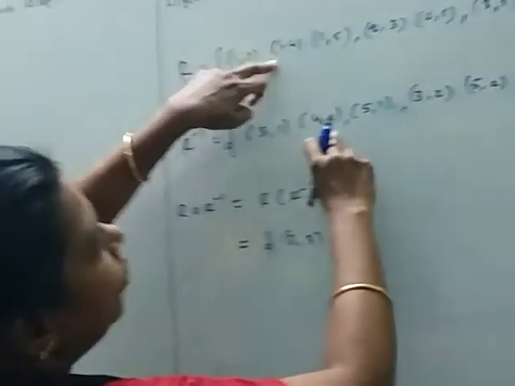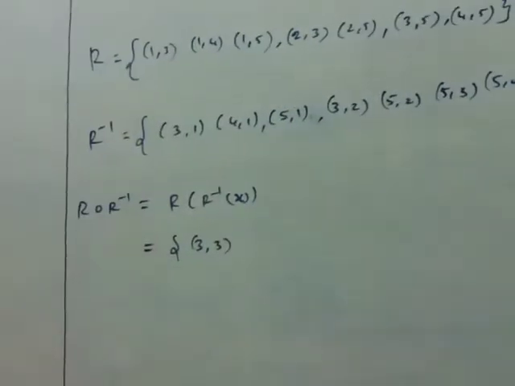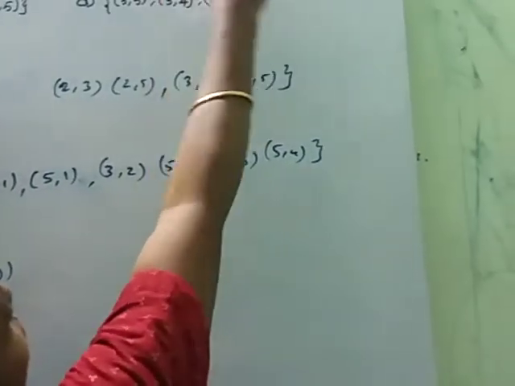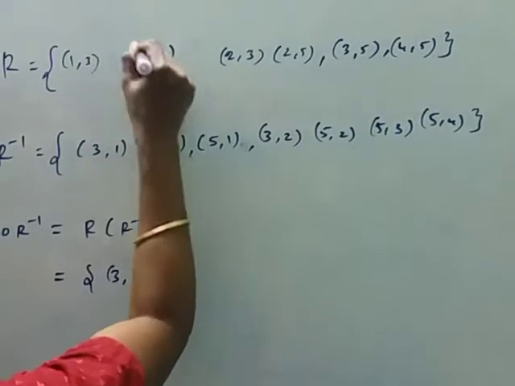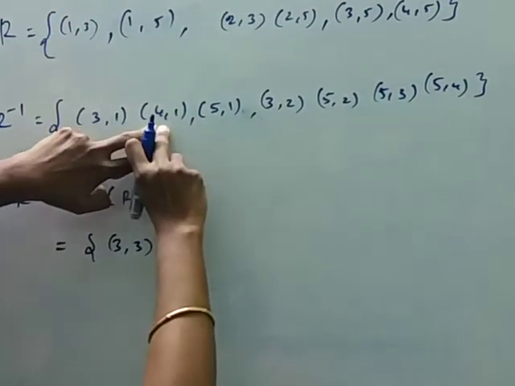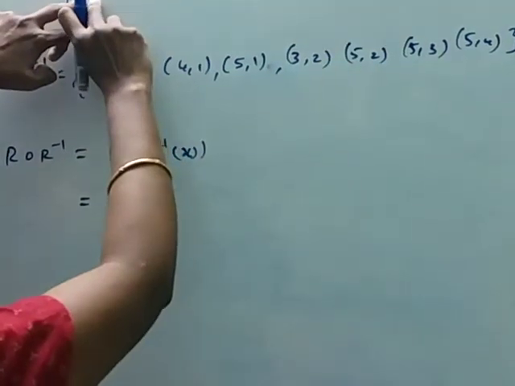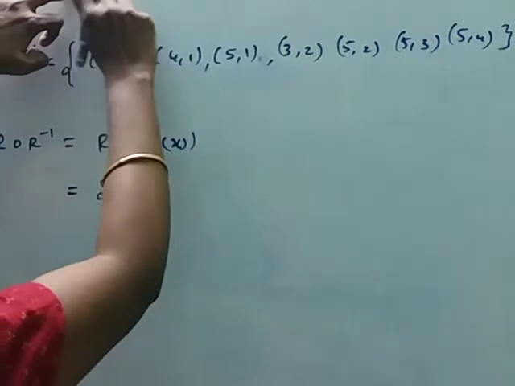4 to 1 and 1 to 4. Okay, yeah? So 4 comma 4. Here 1 comma 1, 1 comma 3, 1 comma 5 only. We don't have that 1 comma 4. Okay, yeah? So here the image of 4 is 1. So you are having that image for 1 in that R is 2 images, one for 3, another for 5.